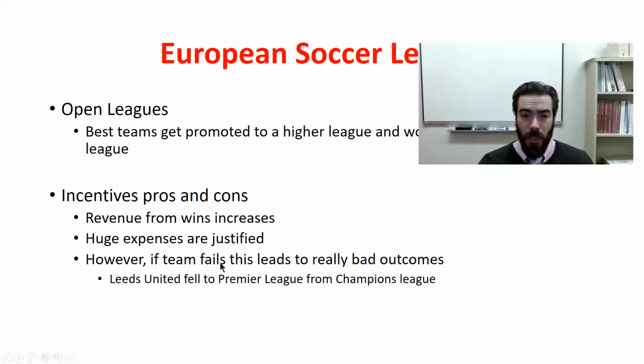So, one of the examples, I forget how long, 3-4 years ago, Leeds United fell from the Premier League down to the Champions League. So the Premier League is the higher quality league, Champions League not quite as high quality, right? And they had spent tons of money, right? And so essentially that year they had a huge loss. Their profit loss was huge, right? Because they spent all this additional money on their players and ended up not winning enough games to stay in that Premier League. But the increased incentives is really the benefit of having this structure.